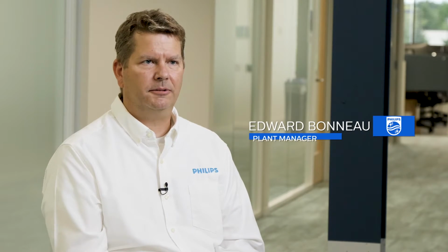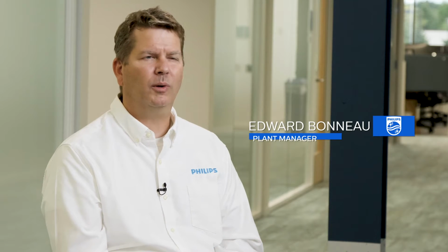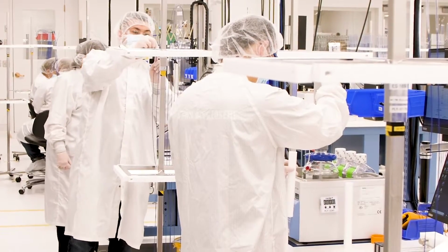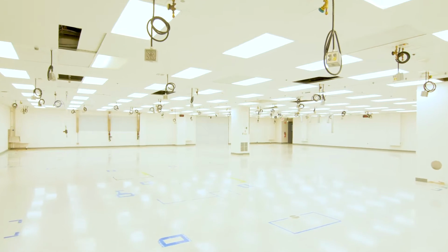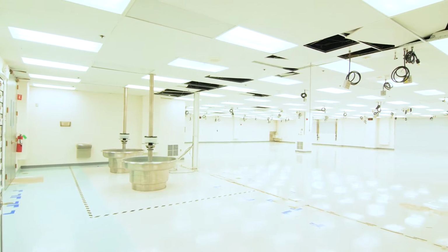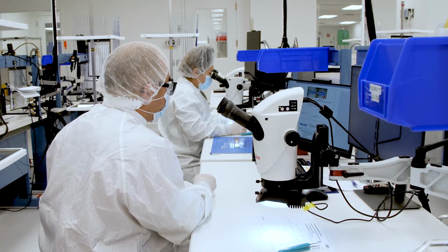So when we talk about being a center of excellence in product development and product launch, what does that mean? What we intend to be better at than anybody else in the world is designing for manufacturing. The concept of a scalable factory has been ingrained in this facility since day one. From the moment we began designing the layout of the manufacturing lines, we considered what it would take to increase the output by 2 times the amount, 3 times the amount, and 4 times the amount of the initial launch